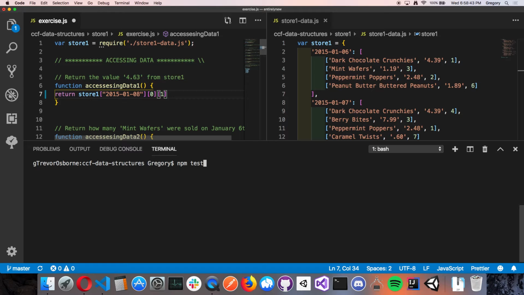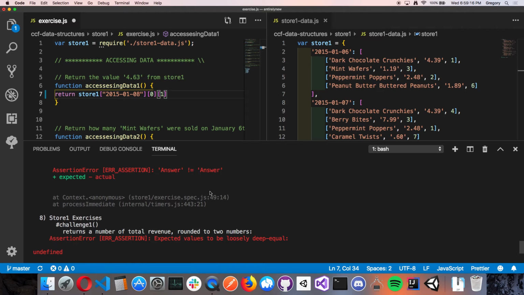Not every repository has this. You can set these yourself if you want. It just so happens that the people that created this repository wrote the script this way. So what I'm going to do is type in npm test ./ — that means your current directory. Right now your current directory is ./. So if I type in my current directory and then I type in store1, because that's the one I'm working on, we can see right here, and I hit enter,